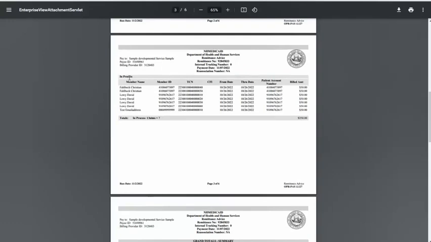But if they were to be paid, you would see a paid status here, and it would list out all of your paid claims. If you had denials, there would be a separate section for denials, and it would go over your denied claims, and any claims that are suspended would show up in this in process field,